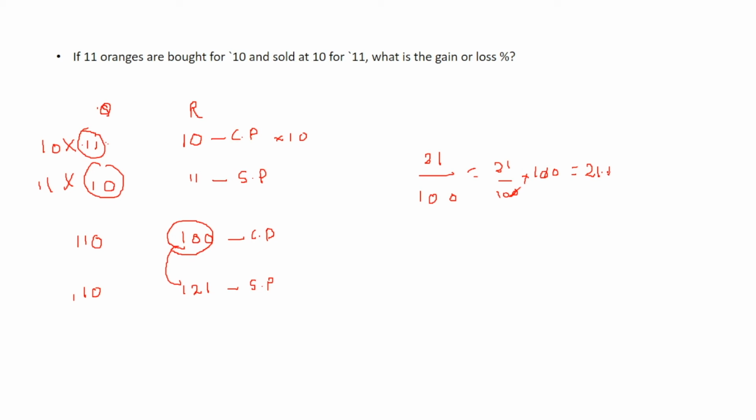Simple question, you just need to remember what is asked in the question. You just need to equate the quantity. If it is told to you that there are 11 oranges and there are 10 oranges, so you have to make the quantity same. In order to make the quantity same, you have to multiply with the cross number, right? So you can do this. So simple question, you just need to understand the concept. Everything becomes very simple in aptitude. Okay, let's move towards the next question.